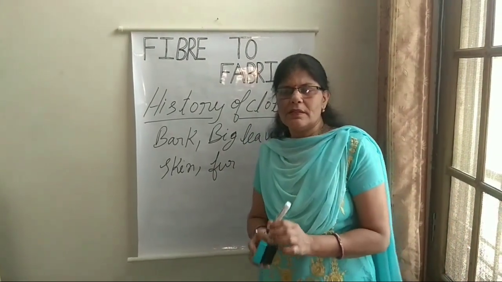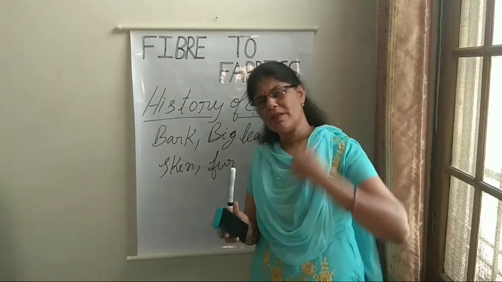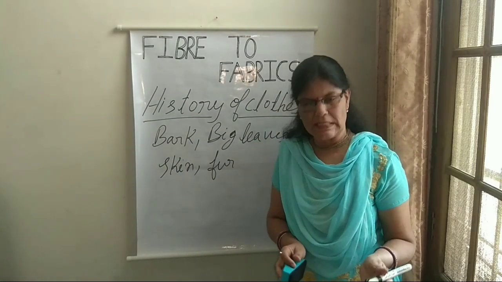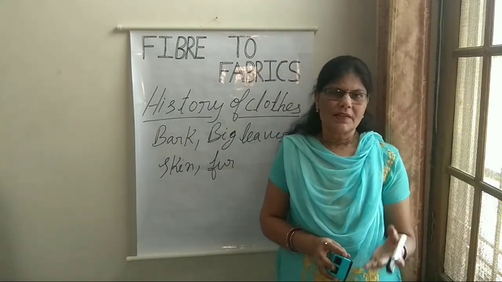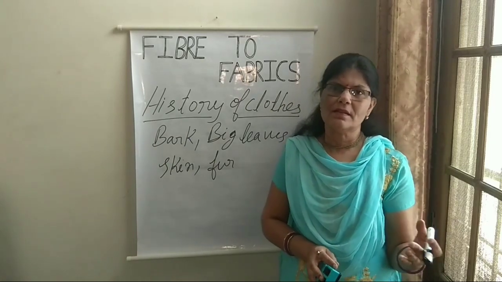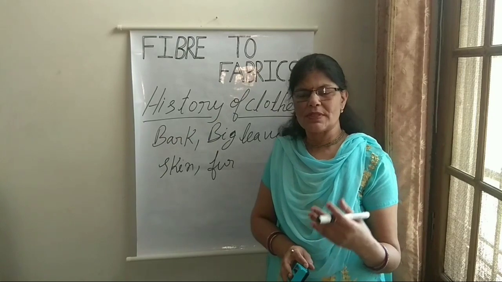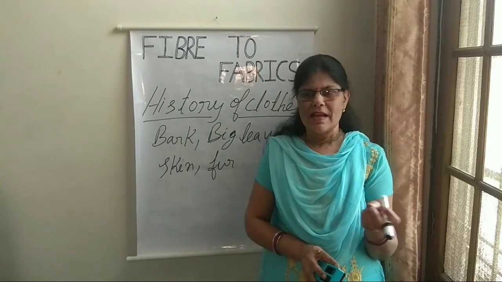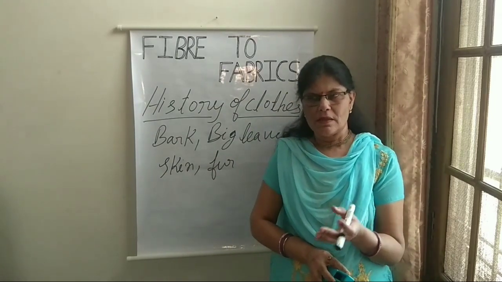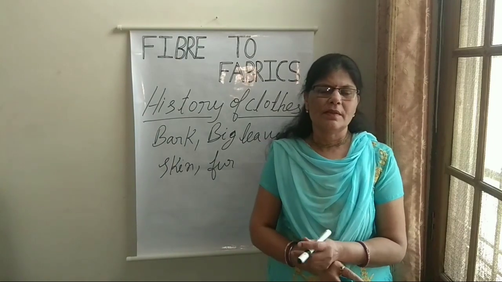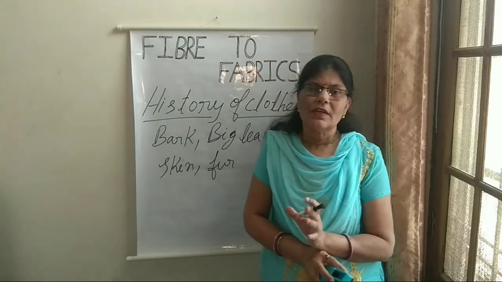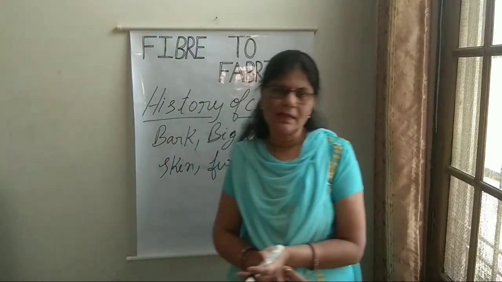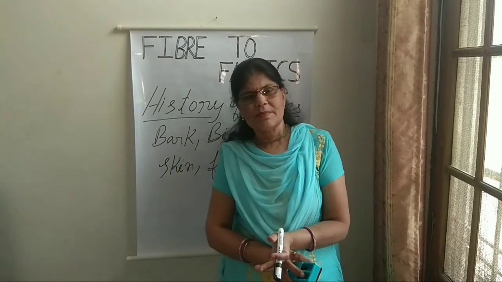But gradually people learned how to do agriculture. They started agriculture and then they learned how to cultivate different things. Then they started cultivating cotton also, and gradually they learned how to weave different things. Initially they started weaving by using twigs and grasses. They started weaving mats and baskets, etc. But later on they learned how to weave a fabric from cotton. They started cultivating cotton at the regions near the river Ganga and started using the fabrics made of cotton.